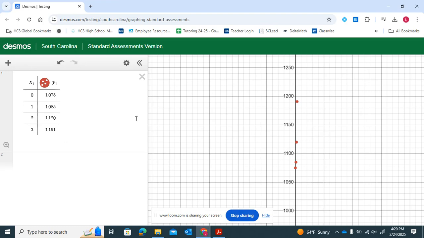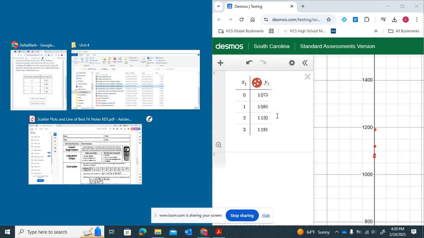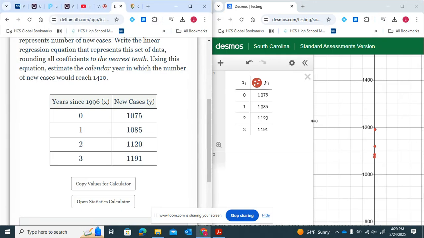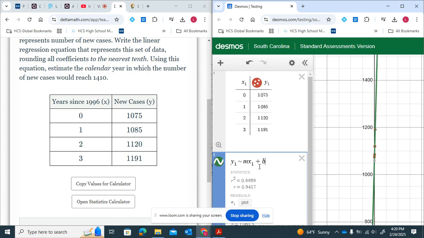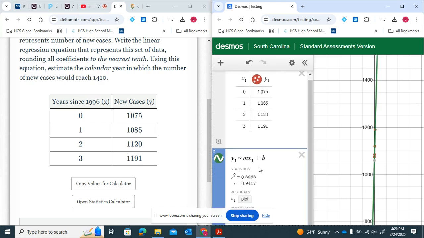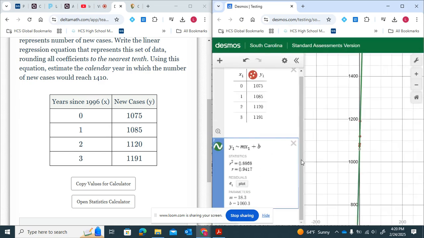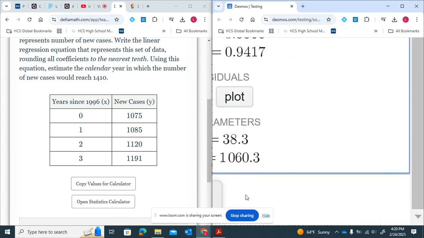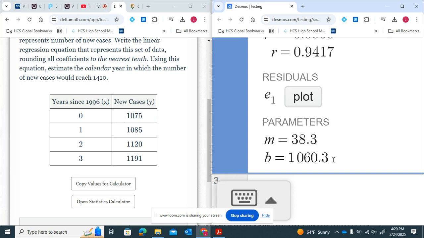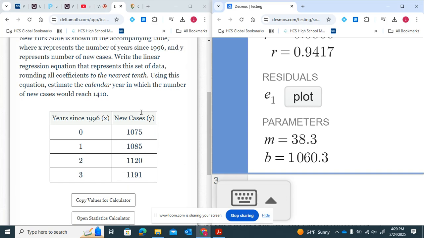Okay, kind of look, it's a positive correlation. And so here's what I want to do. I want to do the same thing. y1 squiggly mx1 plus b gives me my line of best fit, and it gives me my slope and my y-intercept. And so let's go back through. It says